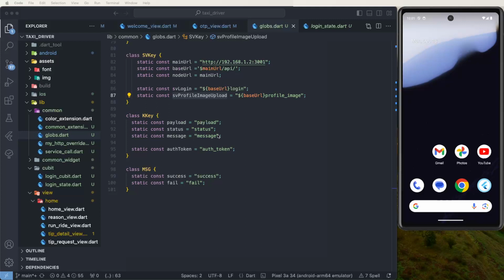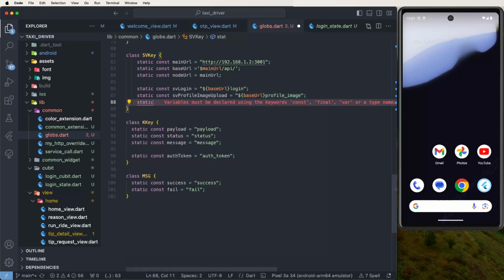In the Flutter taxi app today, we need to create the update profile screen, so we need to develop it here. First of all, we need the two APIs and to add them here. First of all, we need to write down here the static const